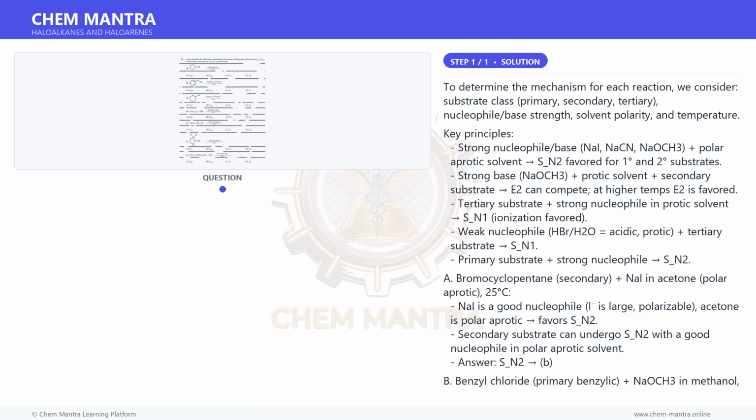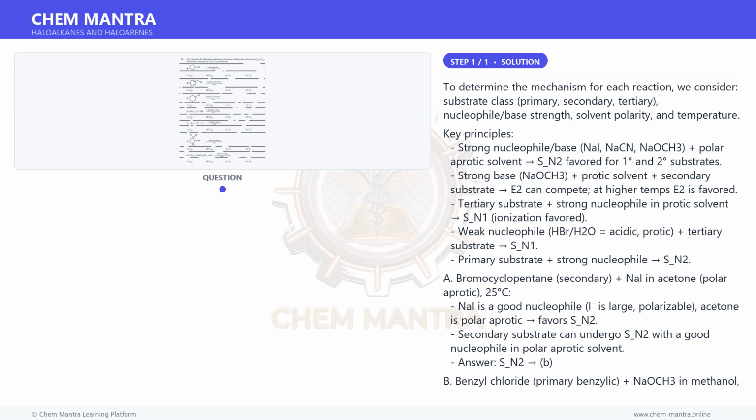D. (CH3)3C-OH, tertiary alcohol, plus HBr 48% in H2O, 25 degrees Celsius. Tertiary substrate, weak nucleophile environment, acidic aqueous HBr. Mechanism: protonation of O, loss of water to form a tertiary carbocation, then Br⁻ attacks: SN1. Answer: